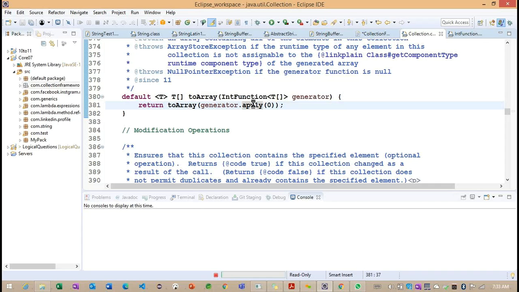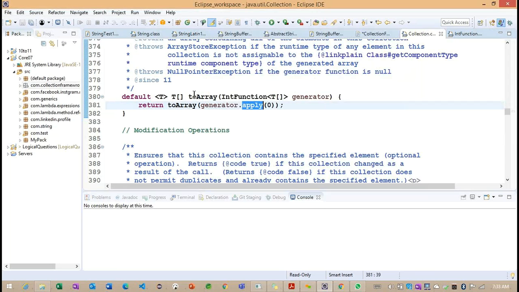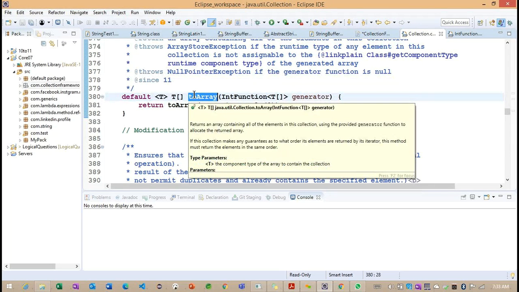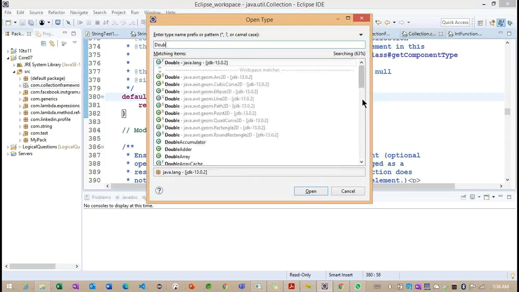Basically, we'll try to get an object at the zero index location. What are the objects we have? Those we are going to load. Now you can see there are no implementation concepts here, only interface related information. We'll see how this apply method is called by calling toArray. At the time of calling toArray, we'll try to understand how the apply method is called. Okay. So every functional interface has an apply method. Yes, the purpose is the same, but let's see.